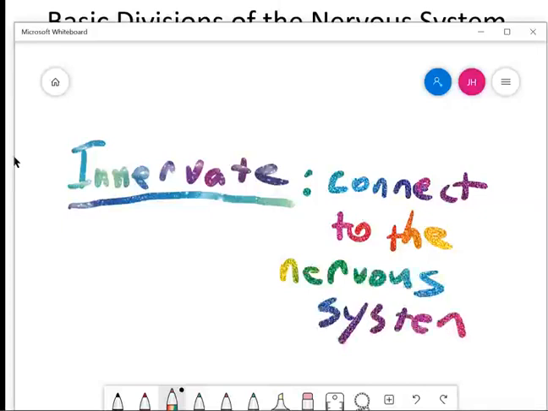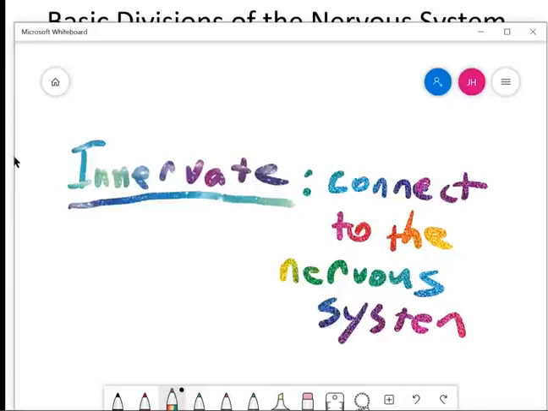And that, I don't know, that's not going to make a lot of sense in this context. But if I say that a cranial nerve innervates part of the head, like the optic nerve is a cranial nerve, it innervates the retina of the eye. It takes information from a part of the body, specifically the eye, and it brings it to the central nervous system. So maybe I can change my